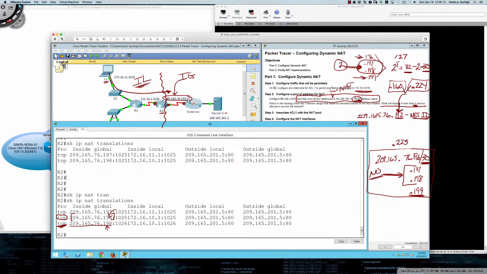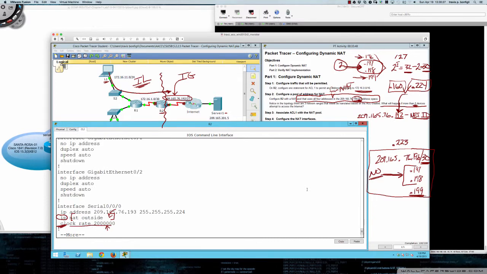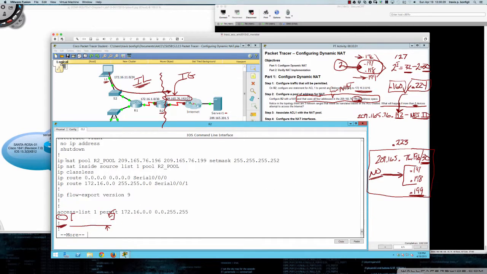So here we see it's a /27, so we know we've got 30 usable IPs. 2 are being used for the routers here, so it leaves us with 28. In the pool command, right, and let's do a show run. In that pool command, when I say IP NAT pool R2 pool